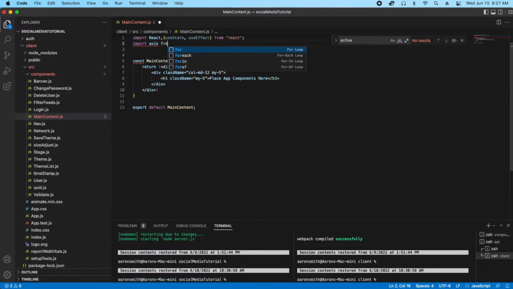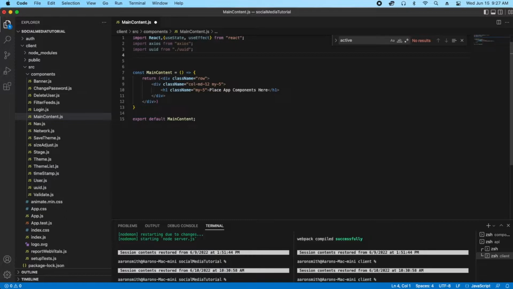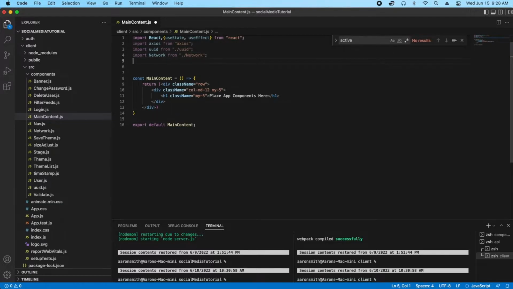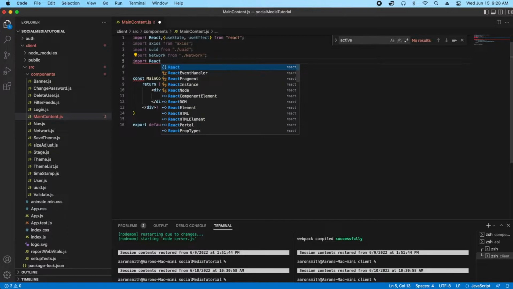Now, we're going to have to import a whole bunch of things. First and foremost, Axios, which is going to be utilizing fetch. And that's going to be bringing us our data, sending out any kind of input we've got. The UUID is going to be something we're going to use as an identifier. Our network, obviously, is going to be all the people we're involved with on this platform. So we need a list of those individuals, and that's going to be its own